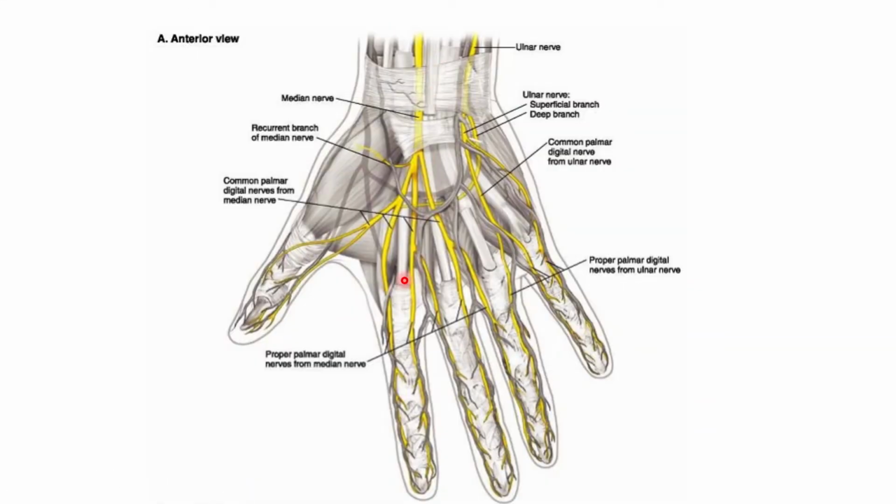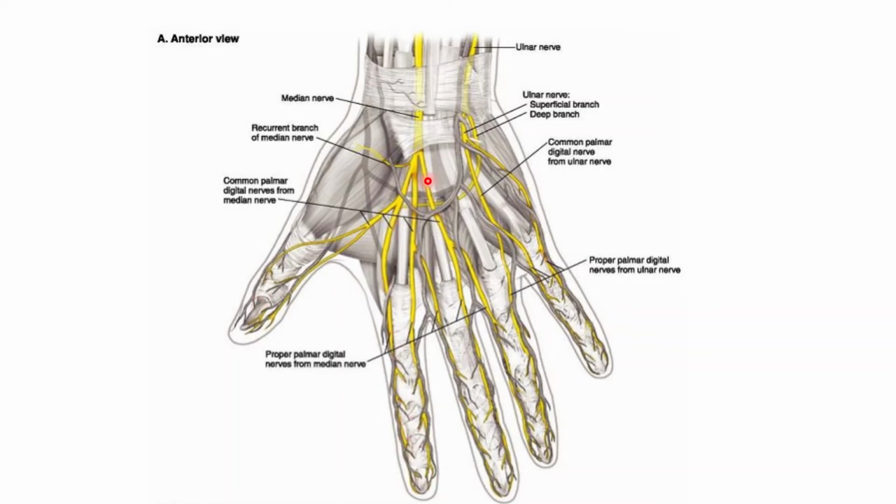Again, the median nerve showing its distribution and the branches. The flexor retinaculum seen over here, the median nerve dividing into its lateral and the medial division. We can see the recurrent branch over here. We can also make out the branches of the lateral division supplying the thumb and the radial side of the